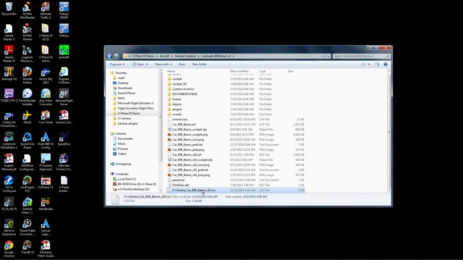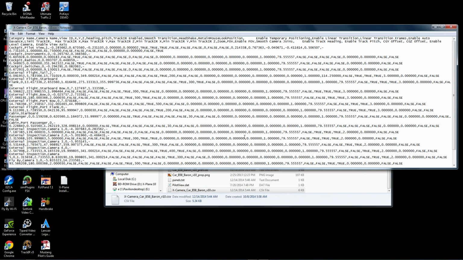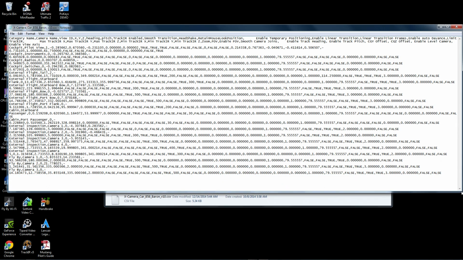This is a standard comma-delimited file. You can edit it with Notepad. I think you can even push it up and use Google Sheets to edit it. I'm going to open this with Notepad. I don't have anything much better than that, but you can get a sense of what this looks like. And all these parameters up here, like the category name, view name, ID, and all these numbers, you can edit